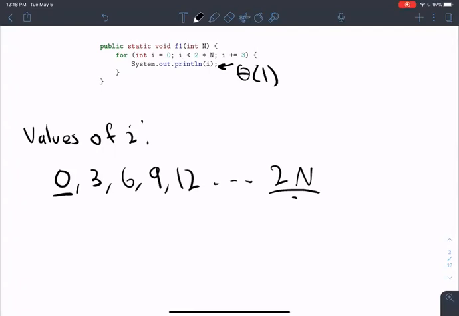So because we can treat all these iterations the same, we can just count how many values I takes on, and that's the runtime, because each of those values of I contributes 1 to the runtime. So the total runtime is just the number of values I takes on. Are there any questions there? Okay, I think not. So now to actually count how many values I takes on,